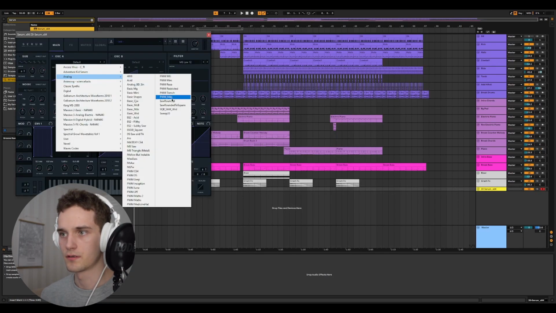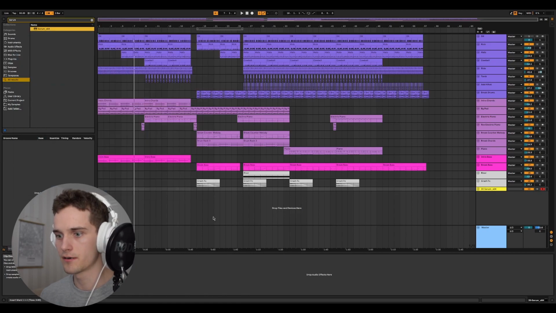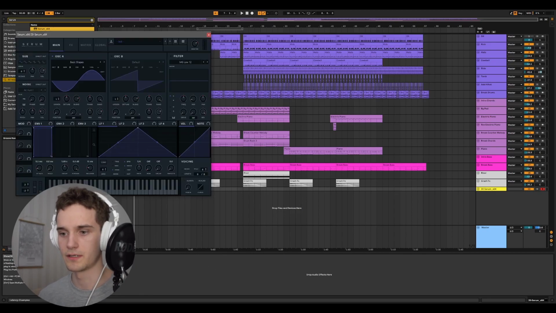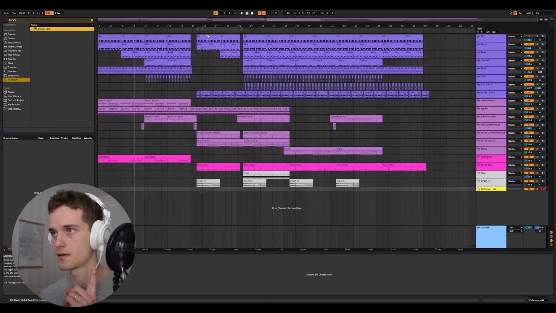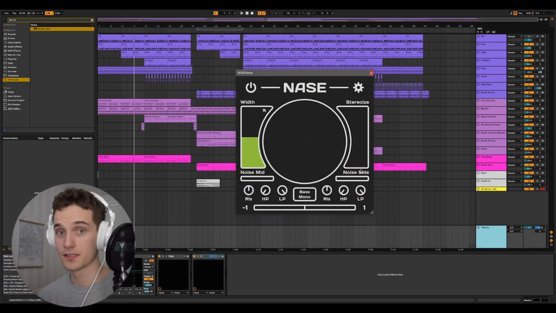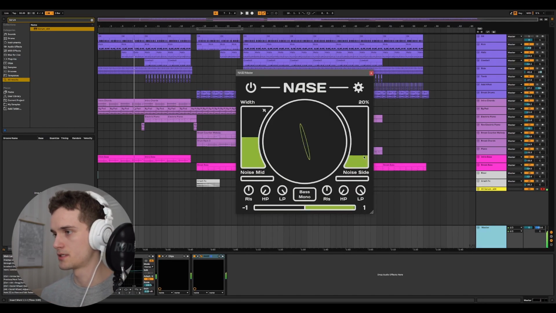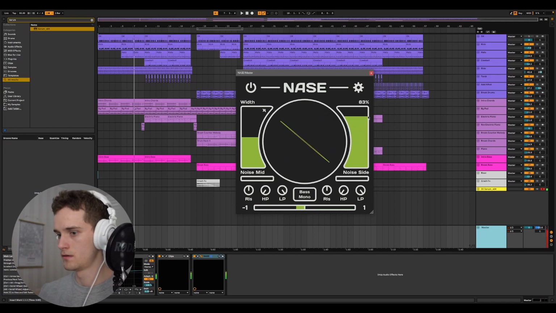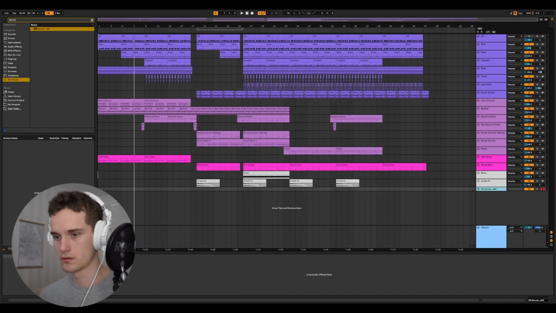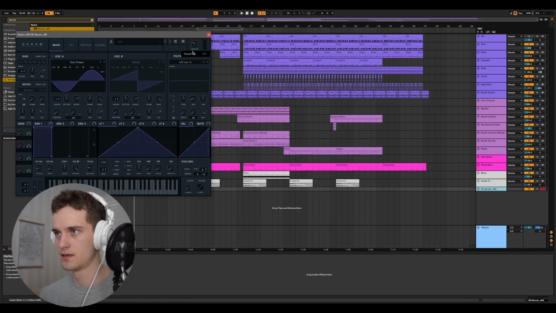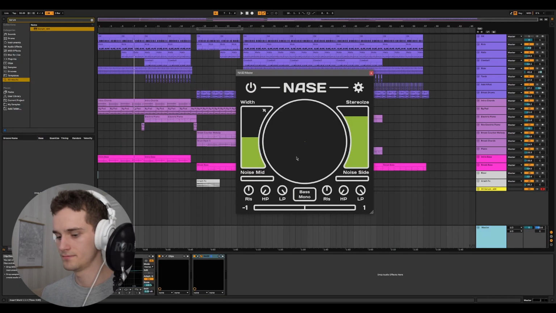I will choose the basic sine wave here, and this is by default mono, so it will play the exact same sound for the left speaker as well as the right speaker. And when I turn up the slider, you can see that the shape starts to get wider. This is probably way too loud. Sorry about that. And with this you can create some really cool shapes by just playing the